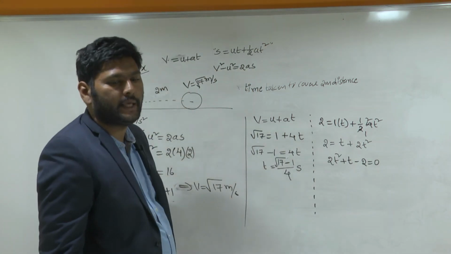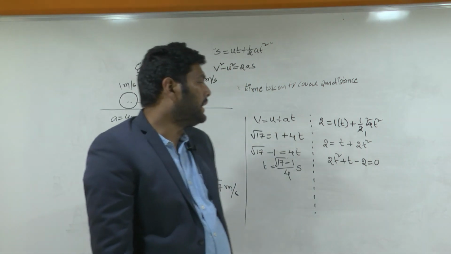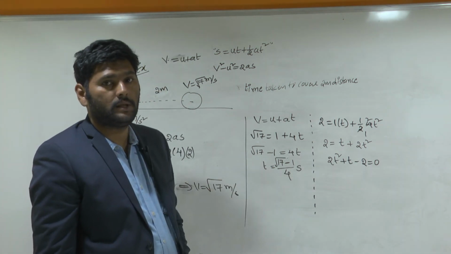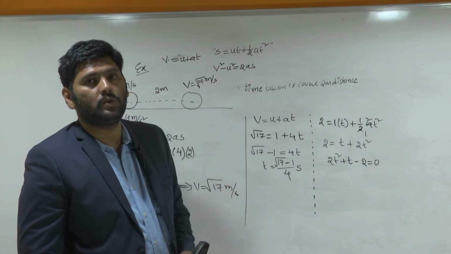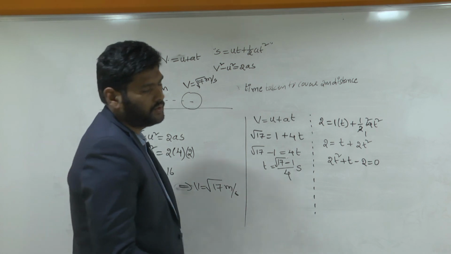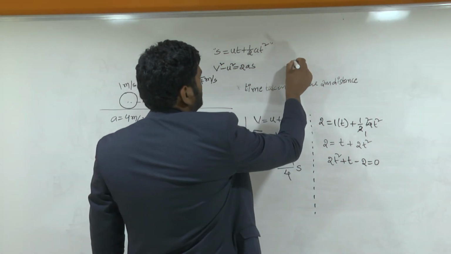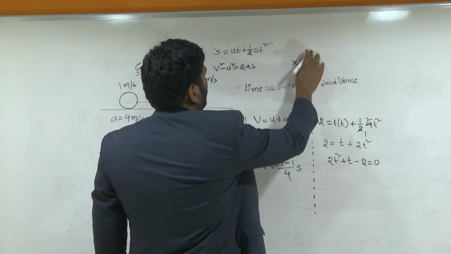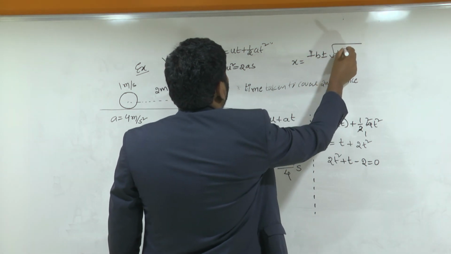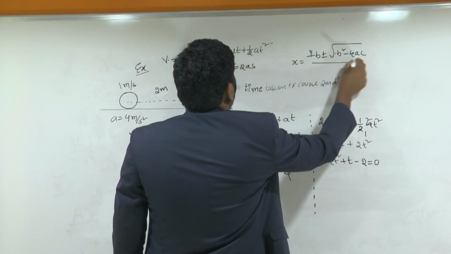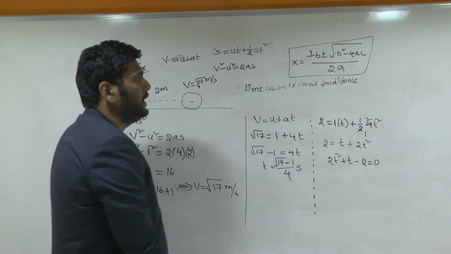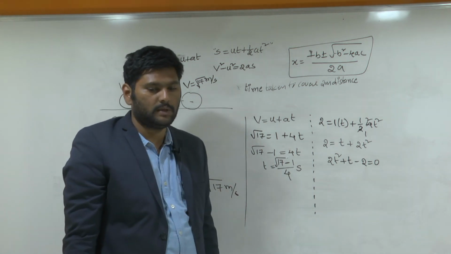This is a quadratic equation. The quadratic equation solutions will give the answer for us. How do you find the quadratic equation solution? You can find it by using x = (−b ± √(b² − 4ac)) / 2a. By using this formula, we can find the solutions for the quadratic equation. Am I right?